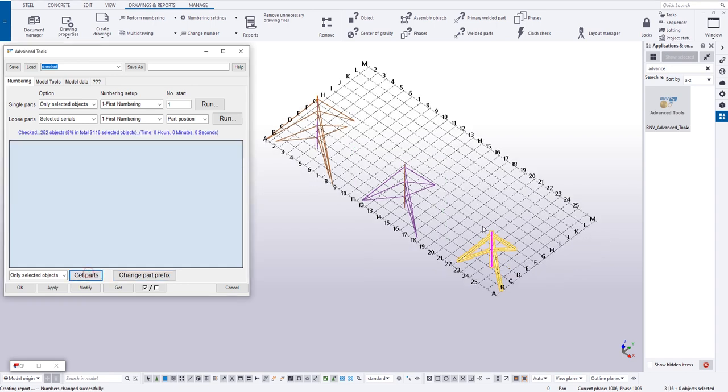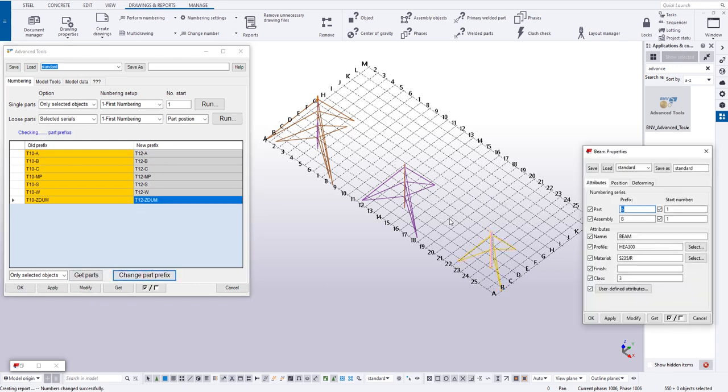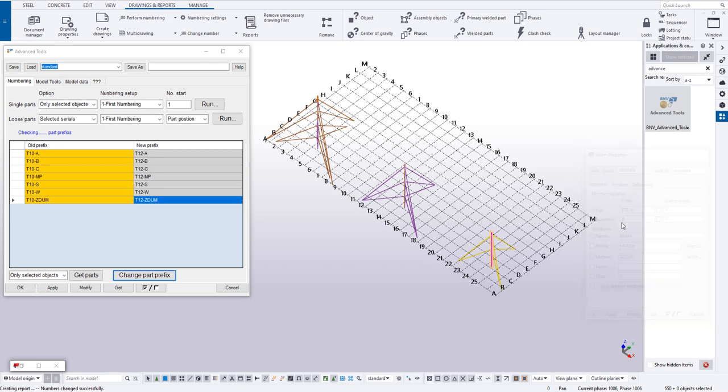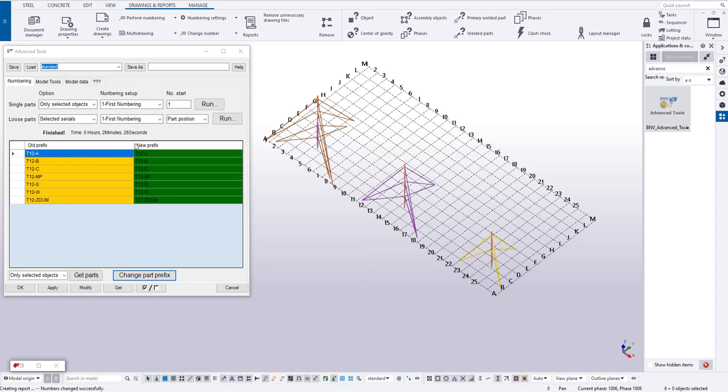We do similar for tower 12. You do the same way and change prefix for tower 12. That change prefix one by one and assign number for you. For all the back have the same shape and property. That's a match for all. I get the back prefix and change for all and now you perform the numbering to update the numbering for all your model.